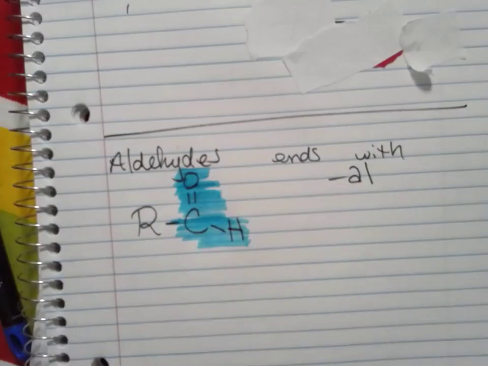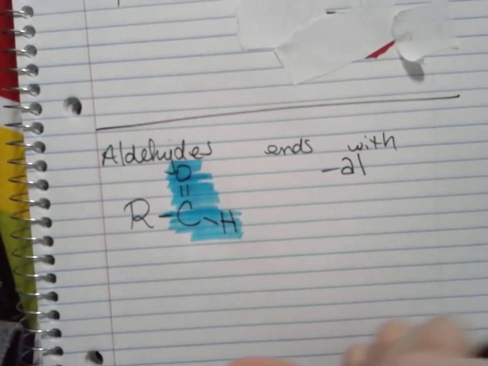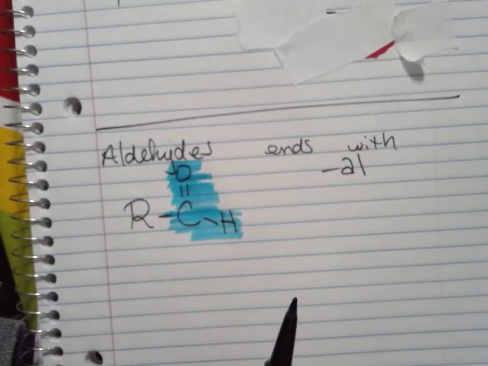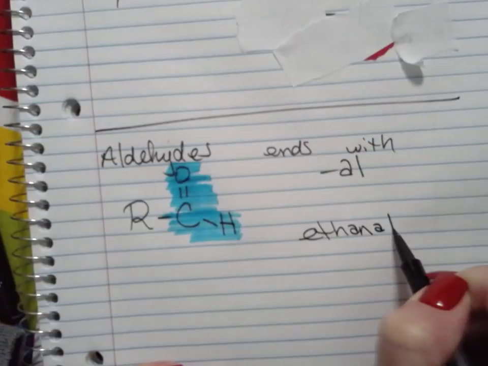Now, do not get confused between the al for the aldehyde suffix and an ol for an alcohol suffix. It might be easy for you to be doing something real quickly and get confused about that. They give you ethanol,